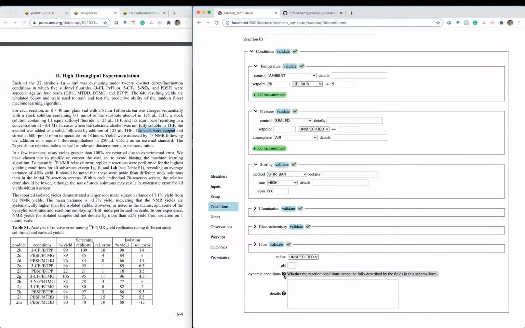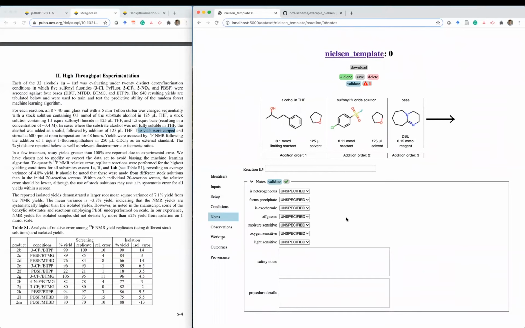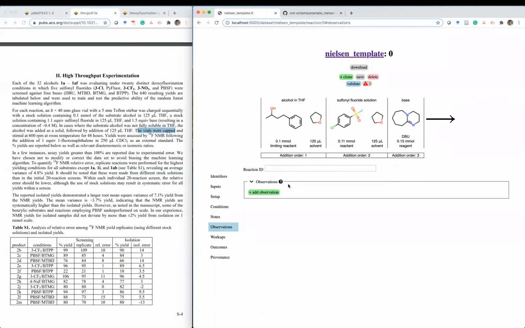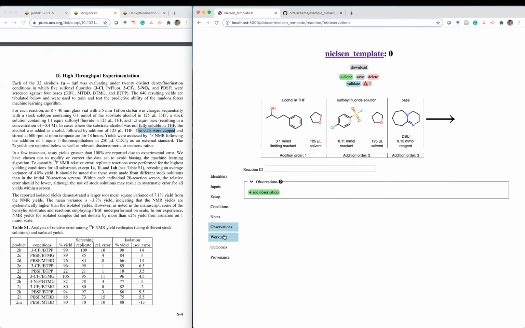So we don't have anything else to specify about the conditions, right? Any details or special considerations. So we move on to the notes. There are a number of different things we can specify, including safety notes and extra details. None of those are defined here, though. And the next section is observations, which are any images or notes taken during the experiment itself. In this case, again, there's nothing specified in the paper, so we just skip this and move on to the